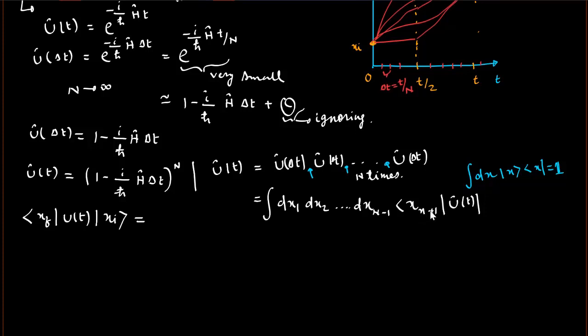So the nth term, the n plus 1 term, and this is the n term into x_n u of delta t, into x1 and so on, u of x1, sorry, this should be x_n u of delta t x0. Okay, but we know what it is,